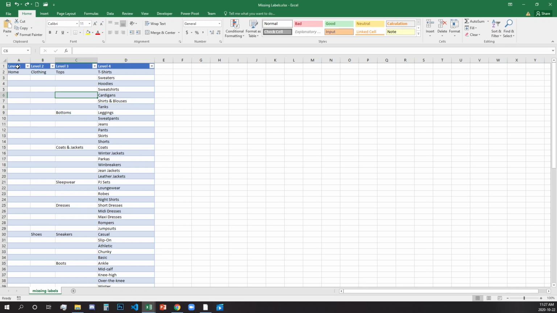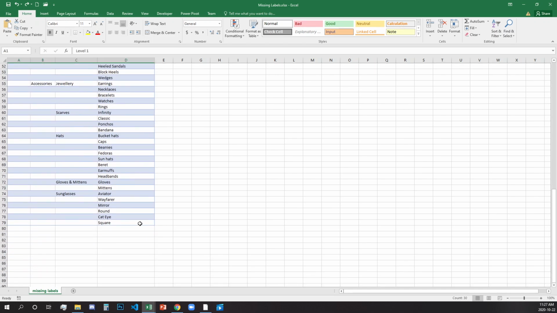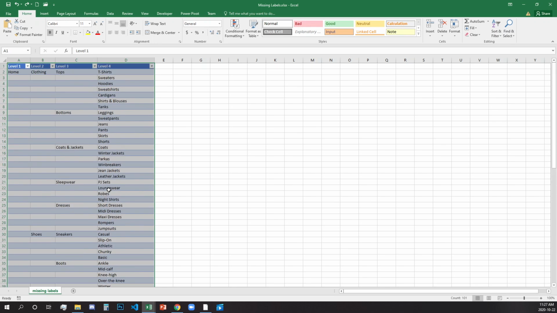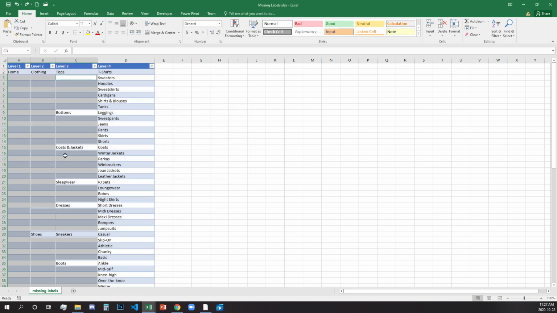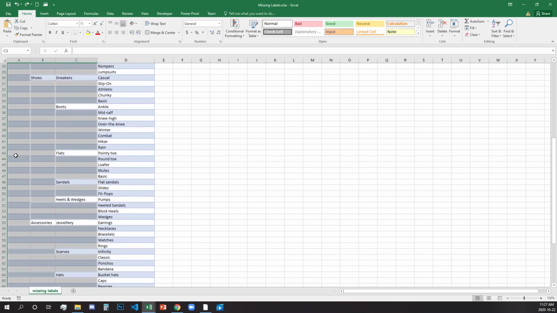The first thing we want to do is to select the data in our table and try not to go outside of the table. And next thing is we want to select only the cells that don't have any information in them. So we will go to Find and Select tool and Special, go to Special. Over here we have an option to select blanks, and that's exactly what we need. We'll click blank, OK, and now we have only the cells that don't have any information, any data in them,